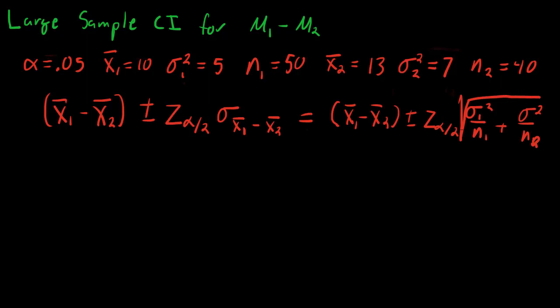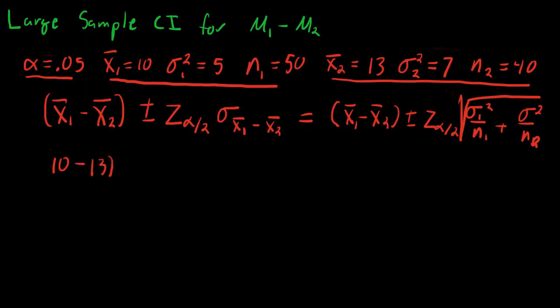So if we take our formula here and we start plugging in some of our values, we're dealing with our alpha of 0.05, and then we have our x1 information and our x2 information. So if we start plugging in some of that info, our x1 bar is 10, minus our x2 bar is 13. Put that in parentheses, plus or minus our z of alpha over 2. At this point we should know z of alpha over 2 for alpha equal to 0.05 is our 1.960 value, multiplied by our square root